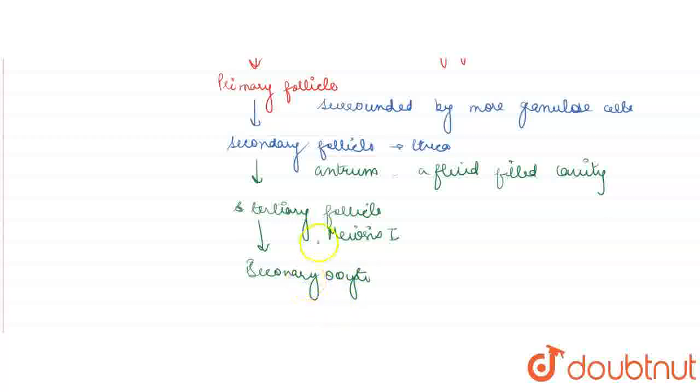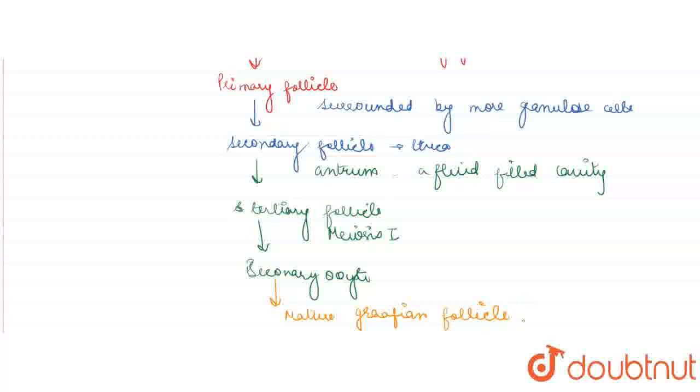And this secondary oocyte will retain the bulk of the cytoplasm. Right? And the follicle, the covering of the secondary oocyte, will now be called mature Graafian follicle. After this stage, after the Graafian follicle has appeared, the ovulation,